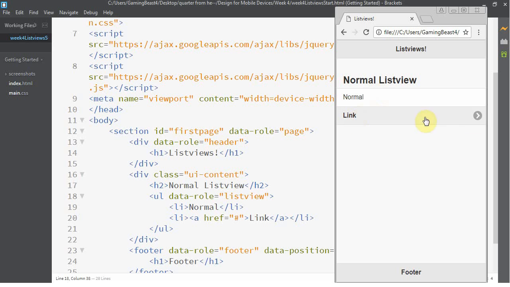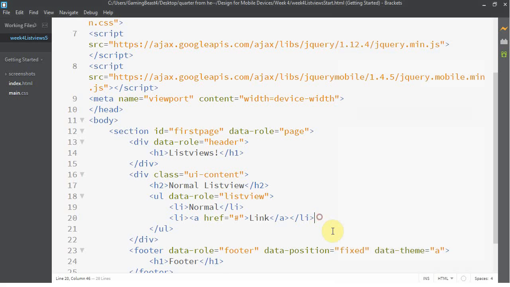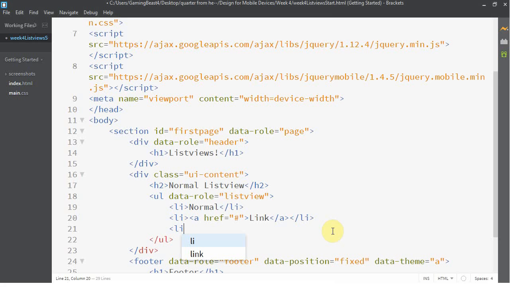Okay. And then the link, it puts the icon here. And this kind of makes you think if you were to click on it, it would slide over or do something like that. And you could do that with the transitions that we talked about in week 2, I think it was. Okay, and then there's another thing that you can do called, let's see here, a list divider. So if I say data-role list-divider,